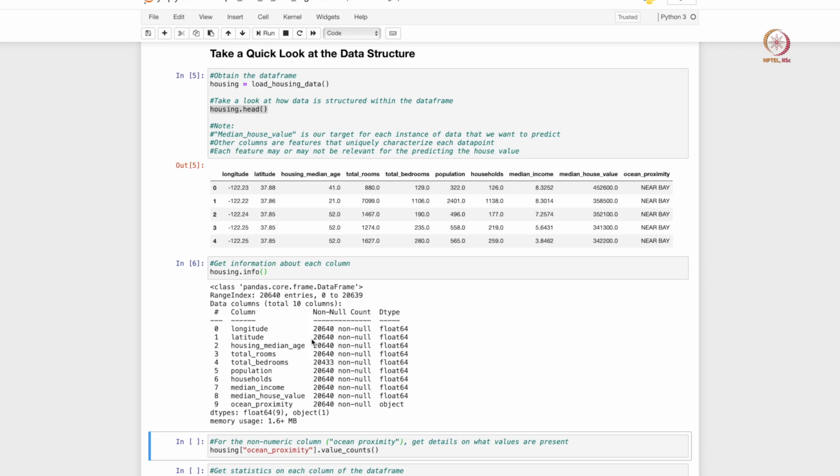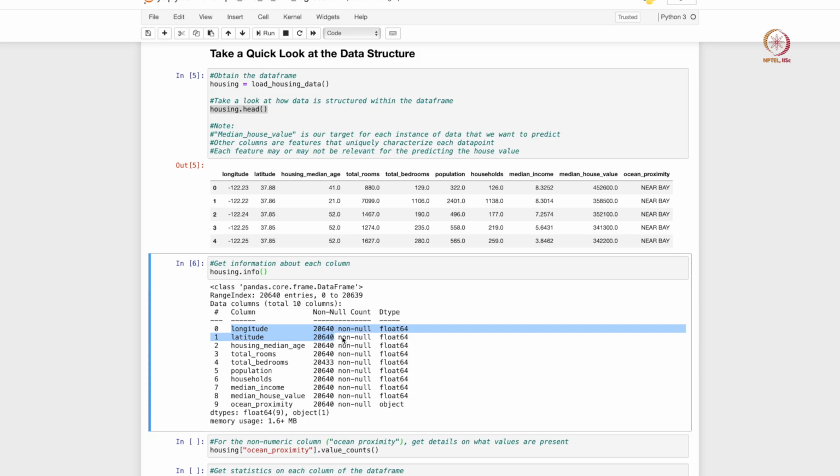So for example, we see that longitude and latitude have about 20,000 rows, so each column has about 20,000 values and all of them are floating point values, so these are all numbers, right. Whereas ocean proximity is listed as object here, and that basically refers to the fact that it has text values, non-numerical kind of values, right.